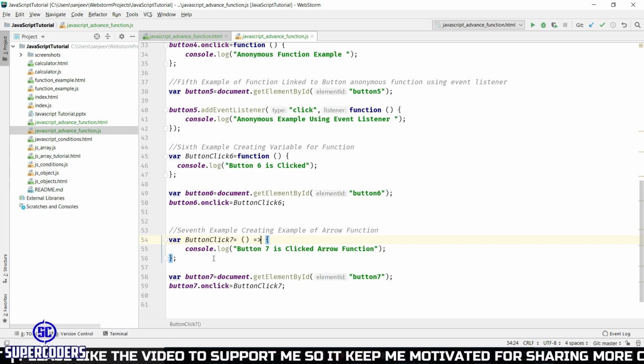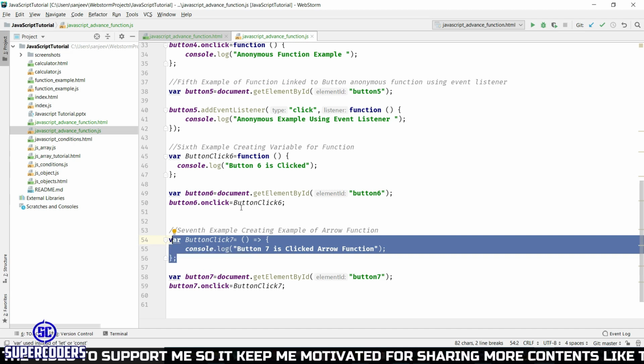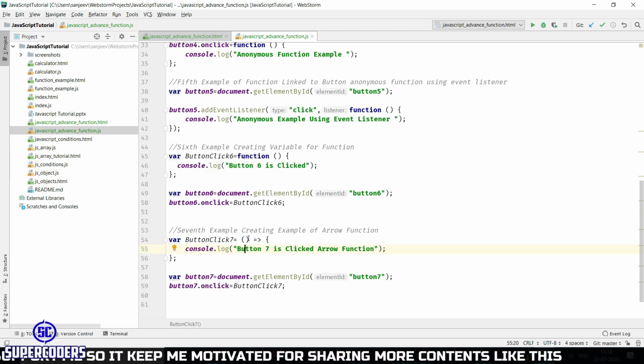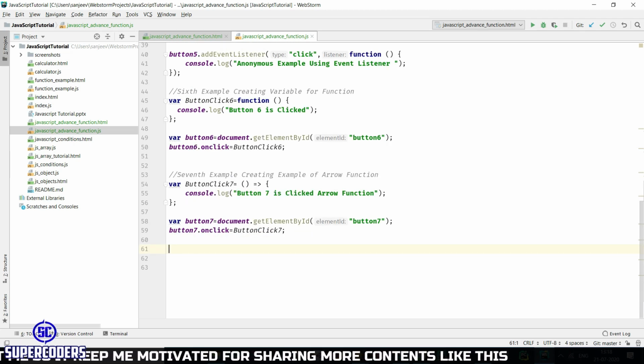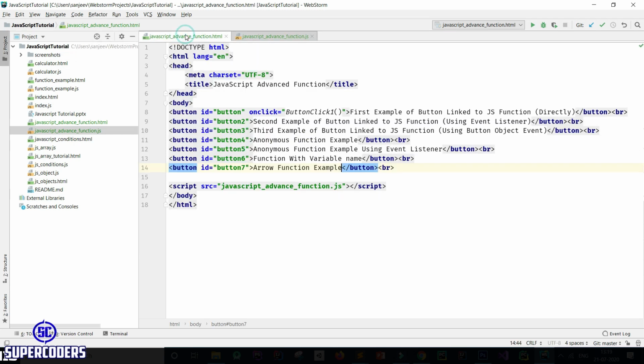So this is the example of creating an arrow function in JavaScript, which is a shorthand way for creating this. Don't need to declare function, only parenthesis, then arrow function. Now let's see one more example. Function without argument means I create a function and did not pass any argument. So JavaScript does not show an argument error when calling a function. Let's see an example of a JavaScript function without passing any argument but expecting an argument. So let's see.